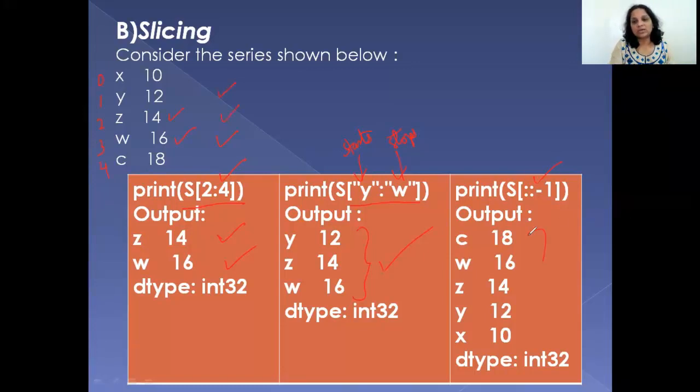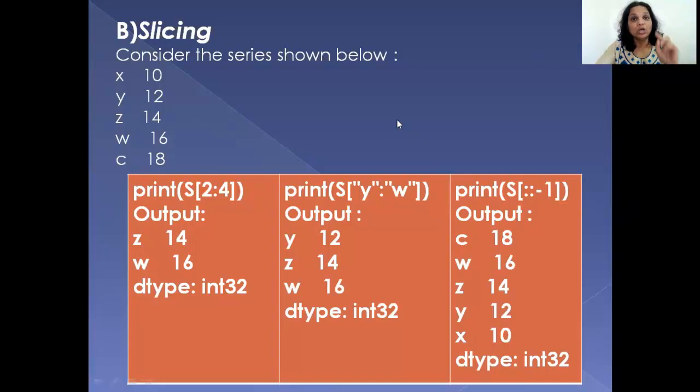And can you see here? I have got all the elements of the series, but in reverse order. That means it starts from the last index and goes up to the first index. Clear?